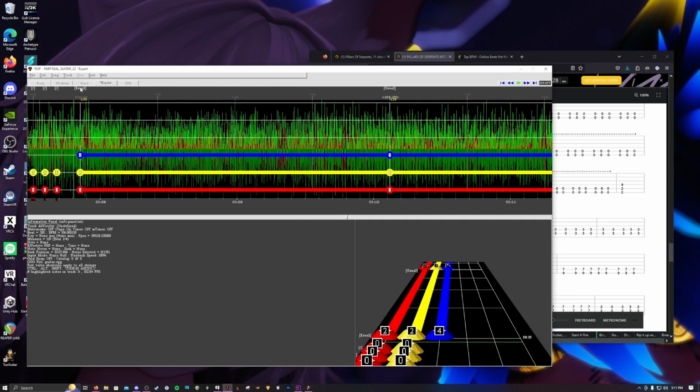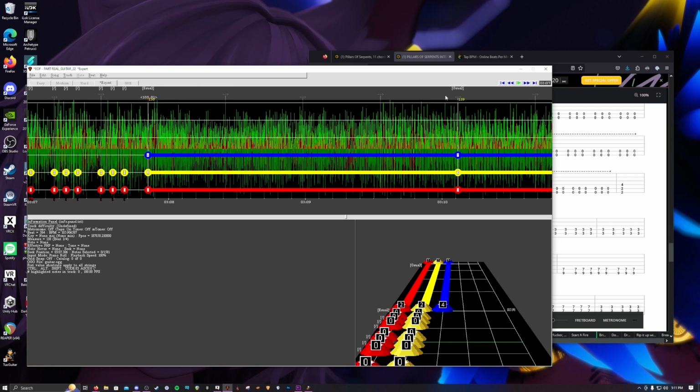If you're going to do this with pulling these sections, make sure you edit this just a slight bit so that it doesn't move. And then you're just going to want to move this